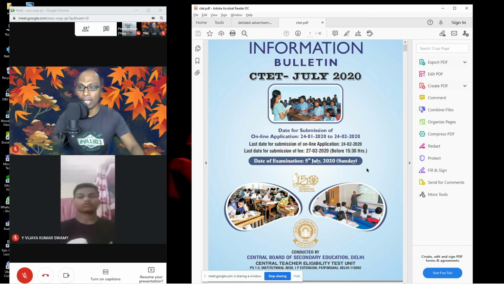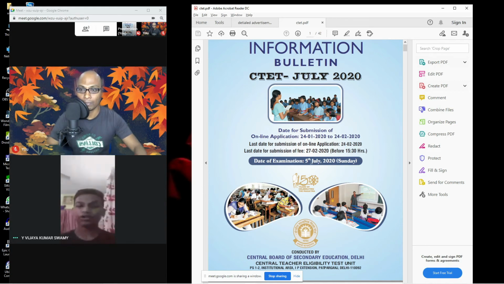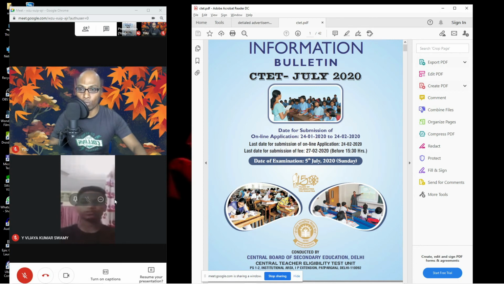So let me ask my student to ask me a question. Let me ask a question to my student so that I can understand whether the student can watch the document which is being presented. Yashoda, can you tell me the date of the examination which is printed on this document? 5th July 2020. So you can see that the student, turn off your mic, so you can understand the student can watch your screen, what you are presenting, and you can also watch the student who replied to your question.